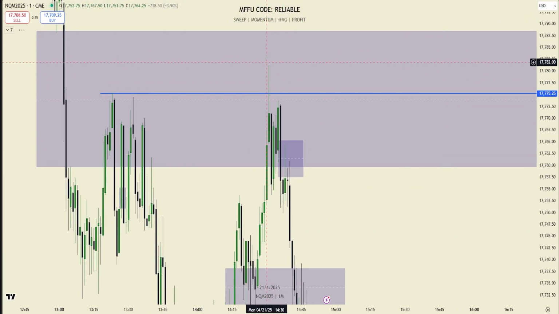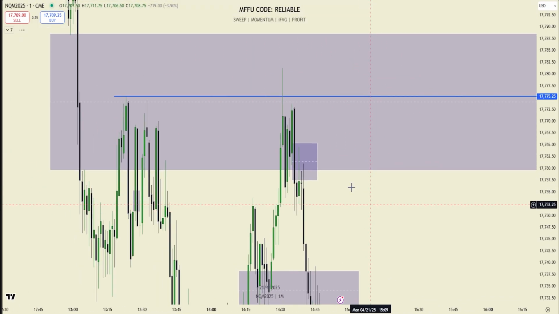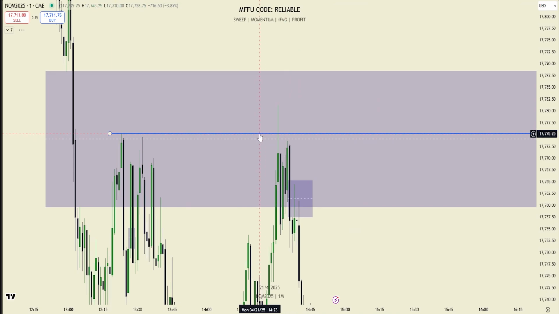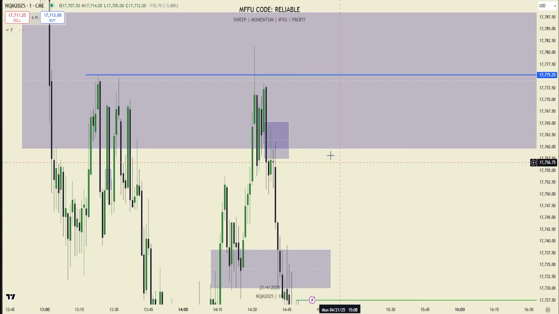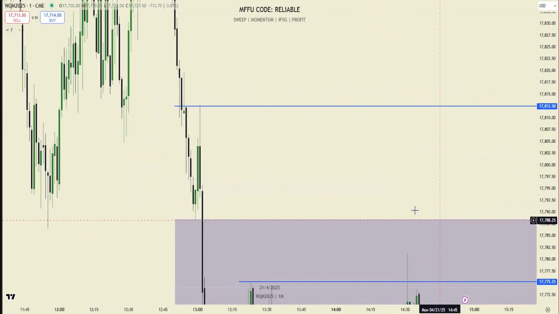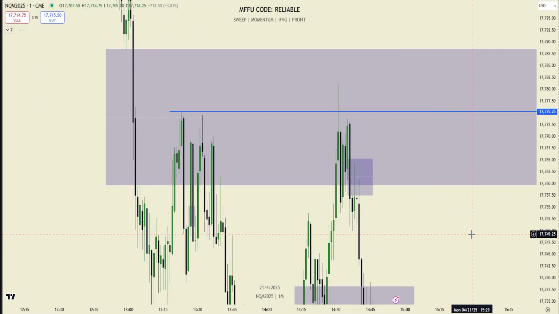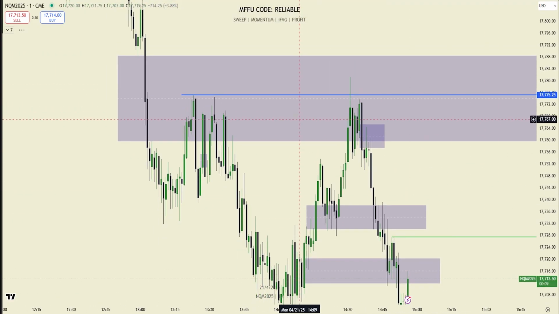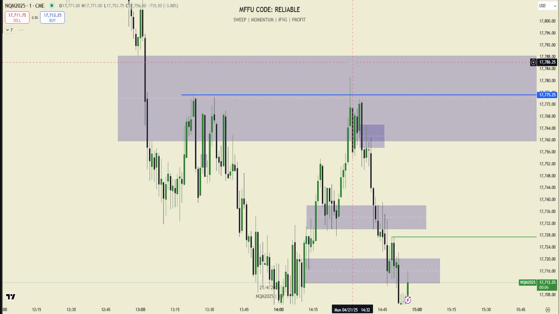But in this case, I wouldn't be looking to target this high because it's protected, right? So in that case where you're saying, if we create external range liquidity again by taking out this high and forming a new high, the only time that you would want to retarget this high is if one, we're bullish on the higher time frame, right? Or two, if this isn't a protected high, right? Or three, I guess, if we have really good draws on liquidity above, right? So even if there's a protected high, if I have triple equal highs or a data wick above, I'm not going to care about the protected high in that moment because I know that the draw on liquidity is going to do most of the heavy lifting. But in a case where we don't have a strong draw on liquidity, doesn't matter.